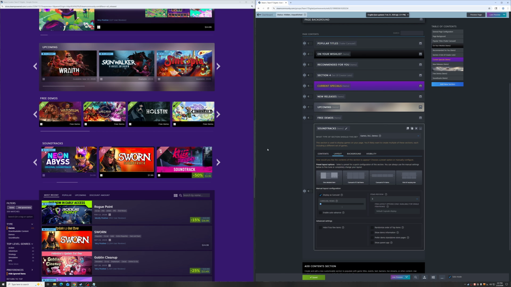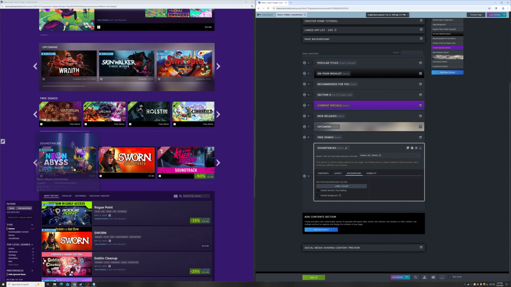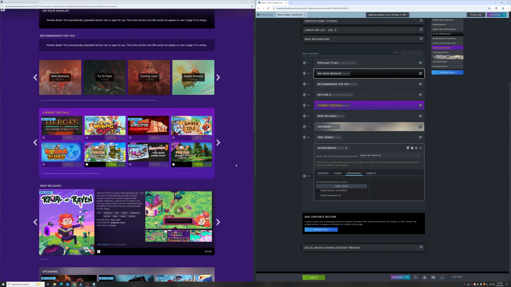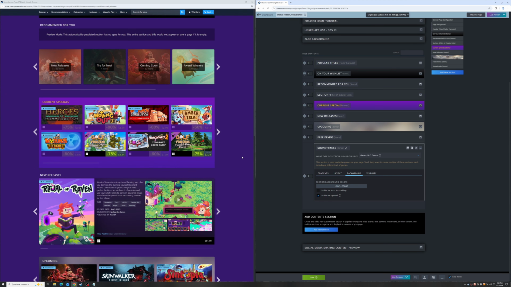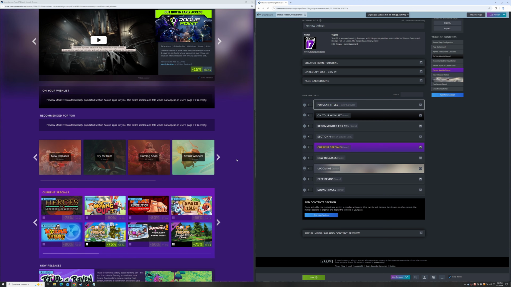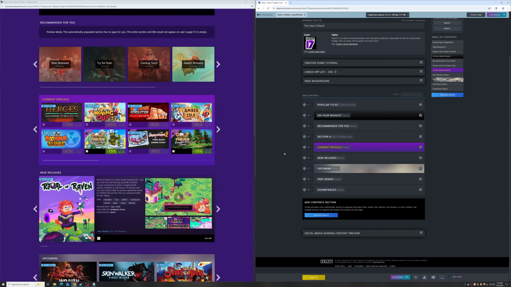This section also doesn't need a background, so let's just go ahead and disable the background. That makes each item a little bit wider because it can take up the full width of the page then. So there you go. We've got a pretty robust page now that shows a variety of the different kinds of things that Team 17 makes. You can always keep fiddling with the tools and apply different sections, different types. Play with a lot of these different options in here if you want to add different kinds of things to your page. And then the next step is when you're ready to set this live,